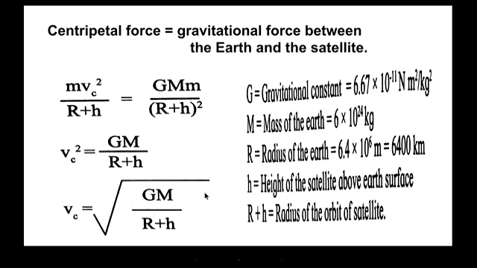From this formula, it can be seen that the critical velocity does not depend on the mass of the satellite. As the height of the satellite's orbit from the Earth's surface increases, the critical velocity decreases. Depending on the height of the satellite's orbit above the Earth's surface, the satellite orbits are classified as: